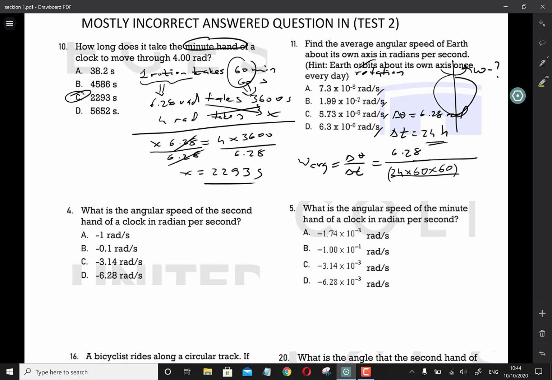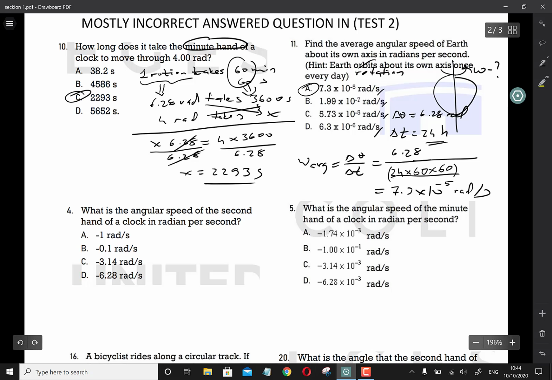6.28 divided by bracket. Without bracket also it's possible. In my calculator there is no bracket. So divided by 24, divided by 3,600. So it is 7.26, almost 7.3. 7.3 times 10 to the power of -5 is the correct answer, radian per second, for this